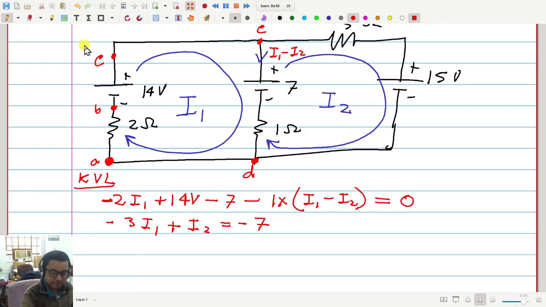Sir, if we get 3 or 4 loops, then this method can be a bit lengthier. Then what to do? But you have to do it. If we get 3 or 4 loops, then there may be many equations. There may be many. So we will learn different methods. Some method will be easy for some circuits, and some method will be difficult for some. So you have to choose which method is easy. And sometimes all methods may be difficult, so there is no escape.